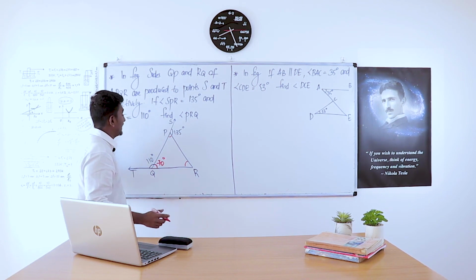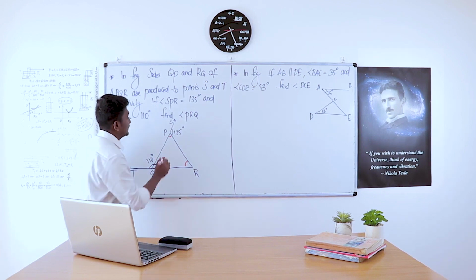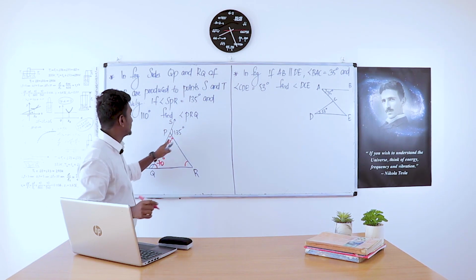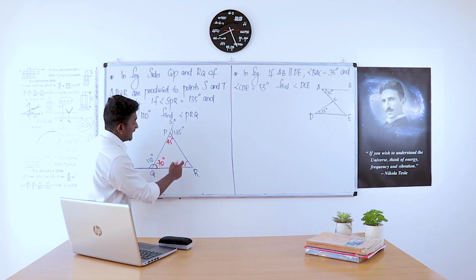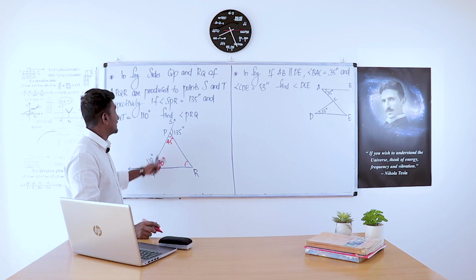Therefore, 180 minus 135 gives 45 degrees. Clear? 130 plus 40 is 170, 5 plus 5 is 10, that is 180. Now, the third angle of the triangle PRQ can easily be found, because the sum of the